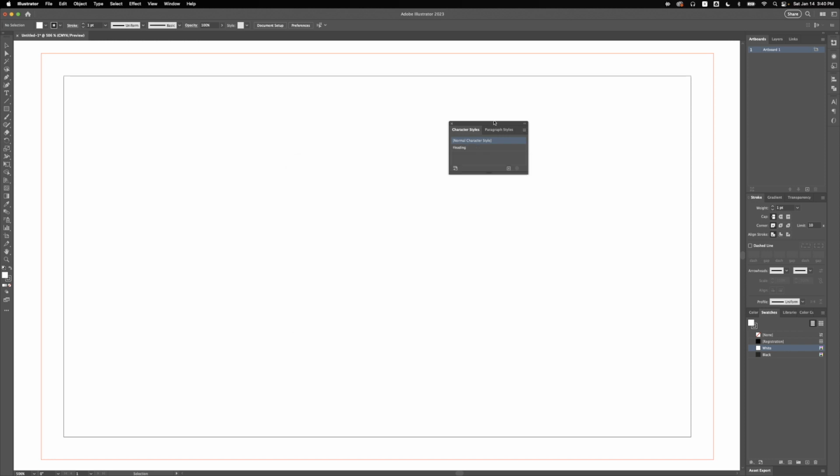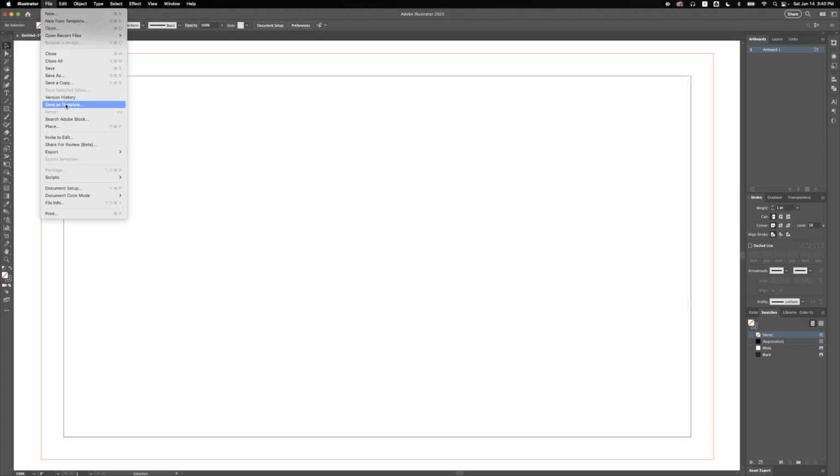And that's about it. You do have to remember that when you save a template, any window, any panel you have open is going to stay open. So go ahead and close that. If you want just your fills, I prefer them to be none. So I'm going to click on none. I'm going to go back and click on my pointer. And that's about it. So the regular way of saving this template would be to go here, save as template,